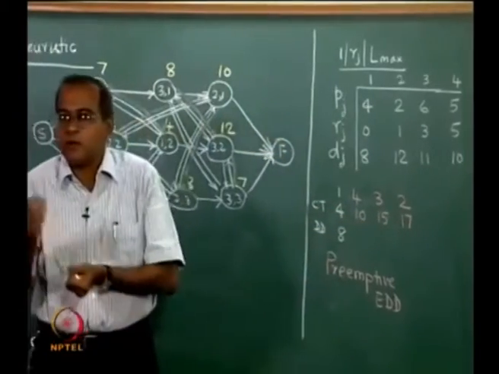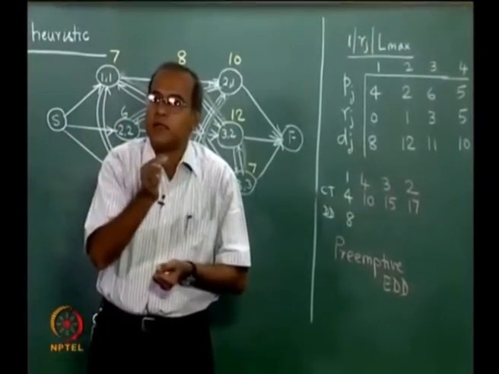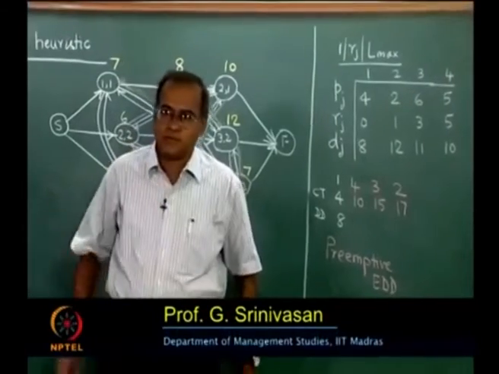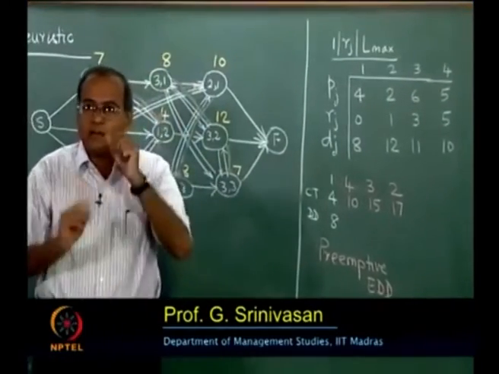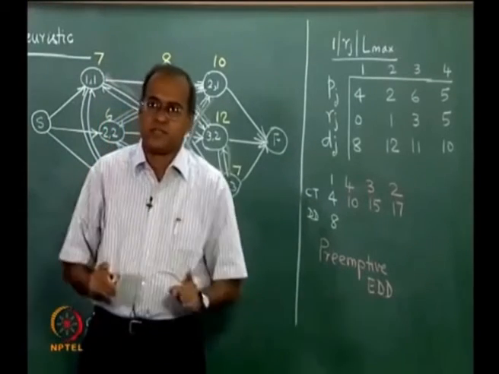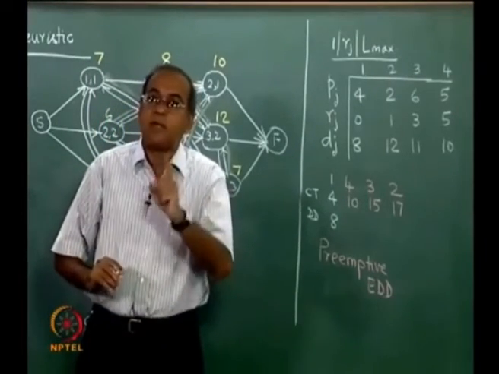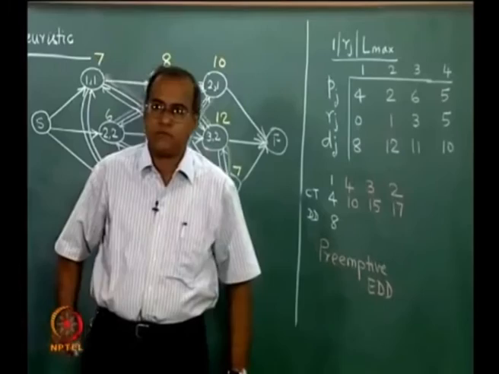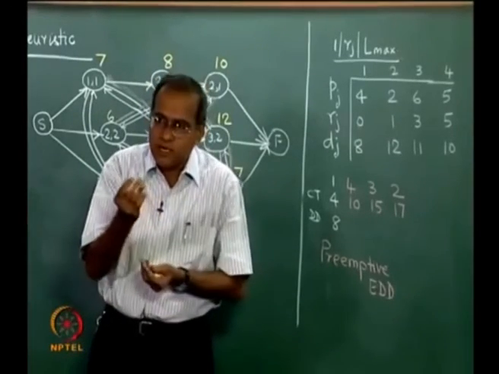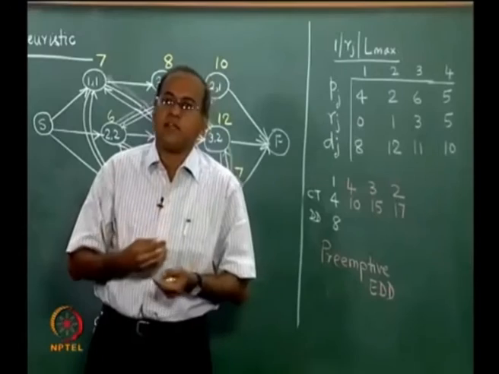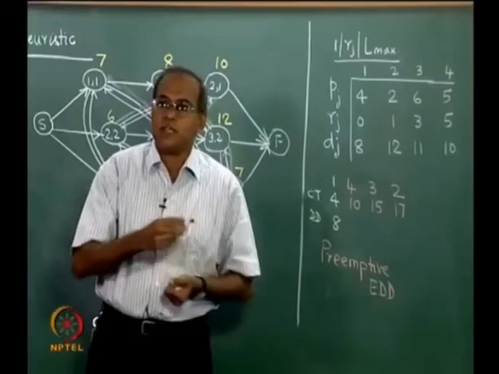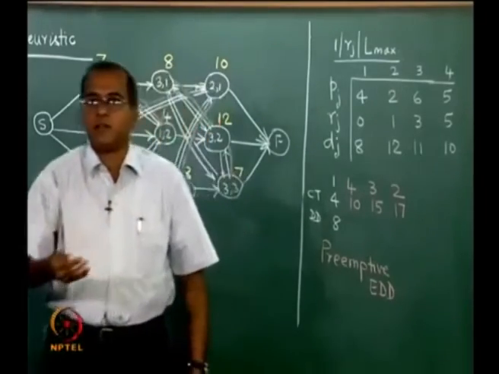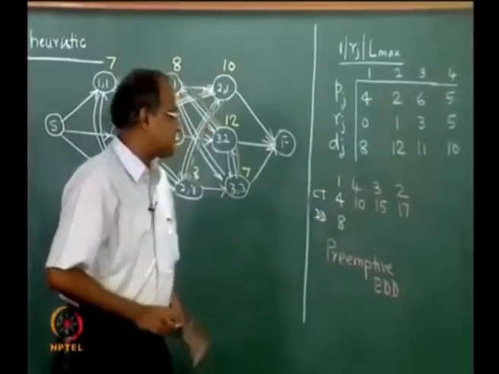So, preemptive EDD rule allows me to try to minimize my completion time only for the purpose of the lower bound computation. When I am actually evaluating L max for a given sequence, then I will not use a preemptive rule, because one of my assumptions is that job preemption is not allowed. Only for the purpose of computing a lower bound, I can use a preemptive EDD rule and allow preemption, so that the lower estimate of L max is computed. A lower bound is a lower estimate of L max.